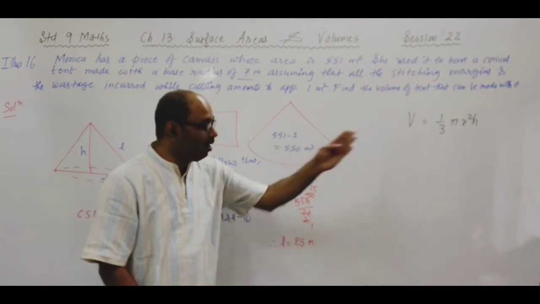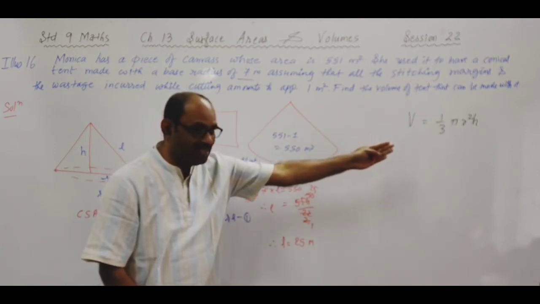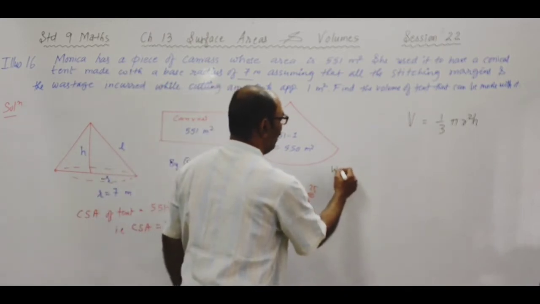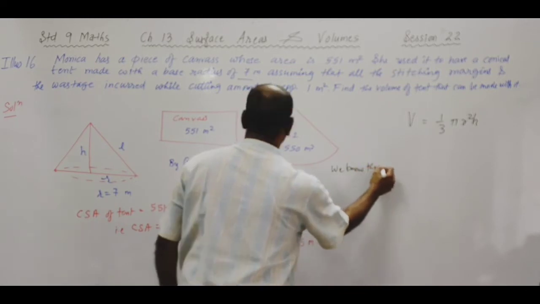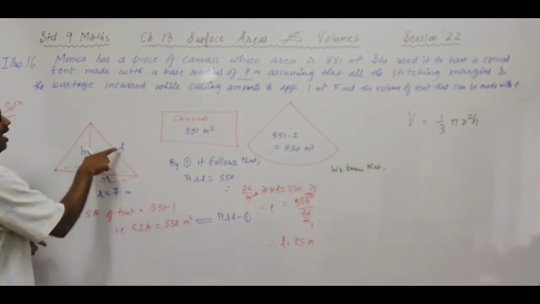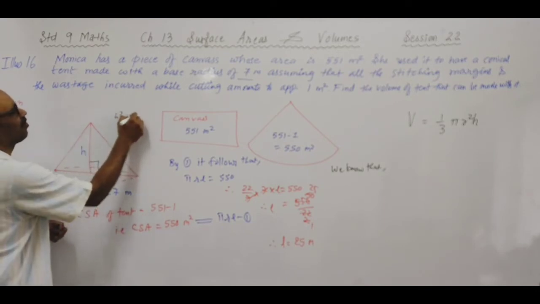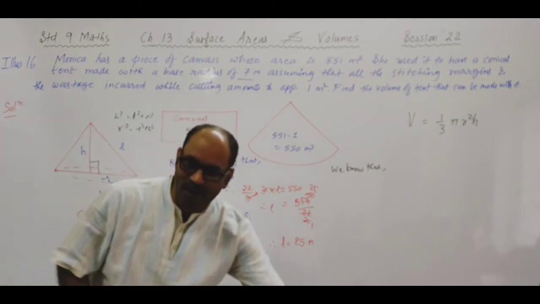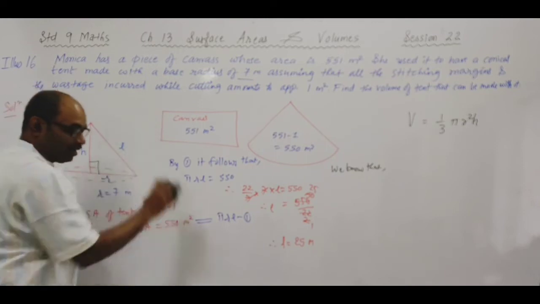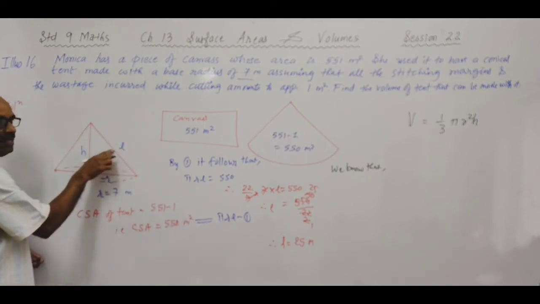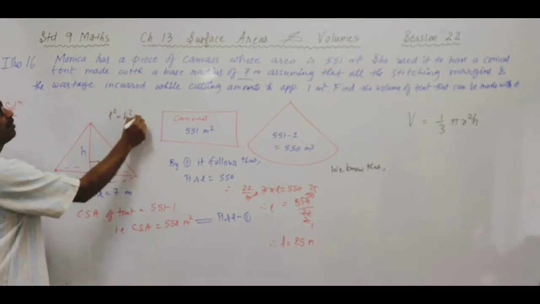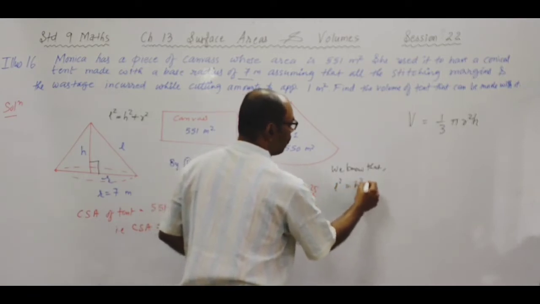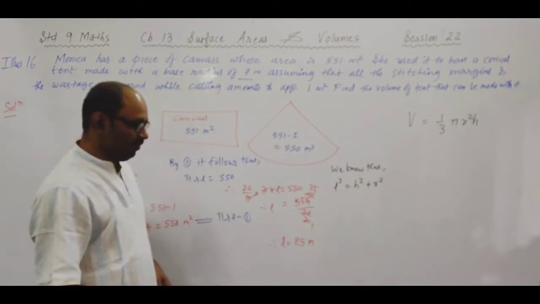Still, we didn't get what we wanted. And so, one more relationship we are going to use. We know that there is a right angle, और कुछ भी लिख देते हैं. h square is equal to l square plus r square, is equal to l square plus x square. कुछ भी लिख देते हैं. Be careful. इसलिए मैं कहता हूं, एक बार जरा देख लो. राइट एंगल यहाँ है, हाइपोटेनियस ये है. So l square is equal to x square plus r square. Which value do we have to find?